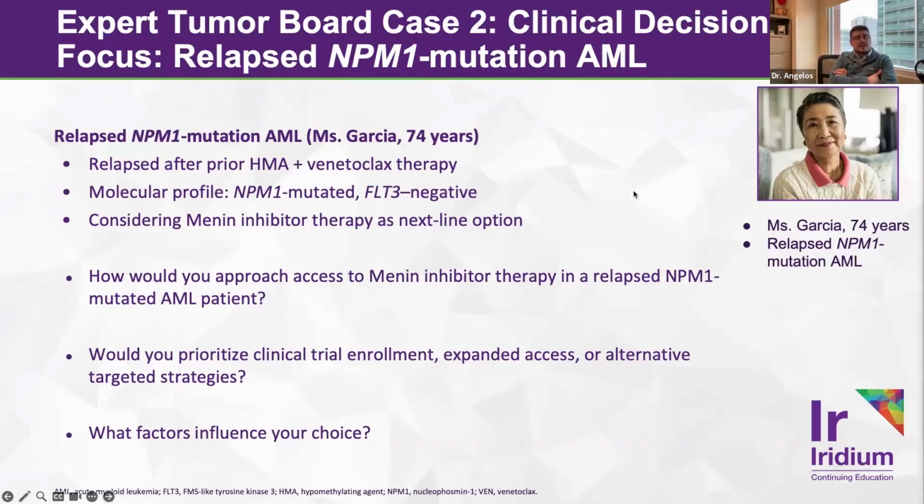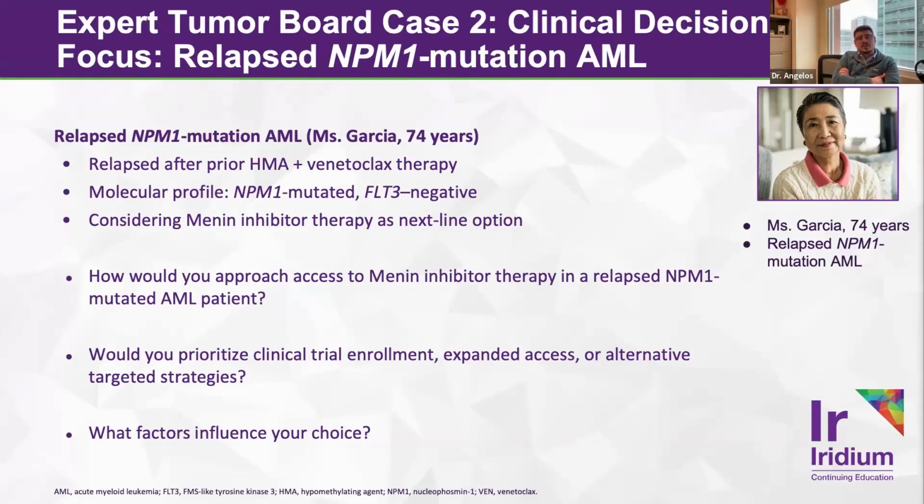So, it's an interesting question. And again, I think it gets to this fact here of what is the patient's goal? So she's 74. Again, this might be somebody that, if she's a fit 74 with really good performance status and has relatively low level disease burden, with no other big comorbidities, she would be someone I would consider. If we can get her into a complete remission, we can then consolidate that remission with a curative allogeneic stem cell transplant. And so the question becomes, what type of therapy would be best to try to get her into that? And I think it really depends on what the nature of the relapsed leukemia is.